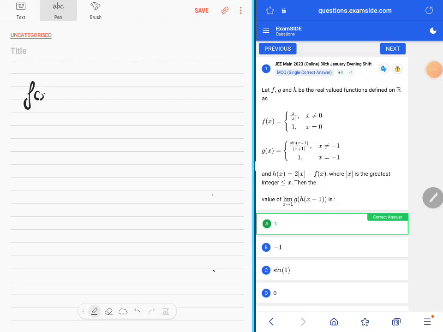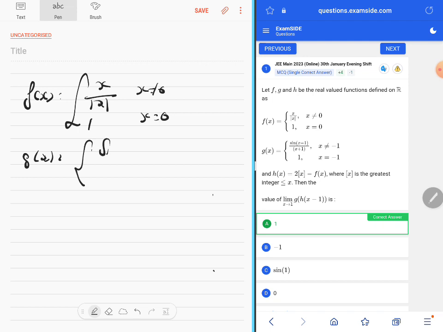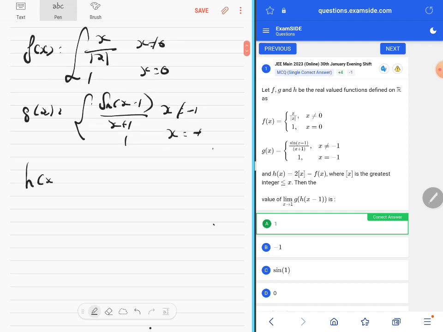f of x is x by mod x if x is not equal to 0, and 1 when x is equal to 0, and g of x itself is sine of x plus 1 by x plus 1 when x is not equal to minus 1, 1 when x is equal to minus 1. You have to find h of x, which is 2 times the greatest integer function of x minus f of x, where